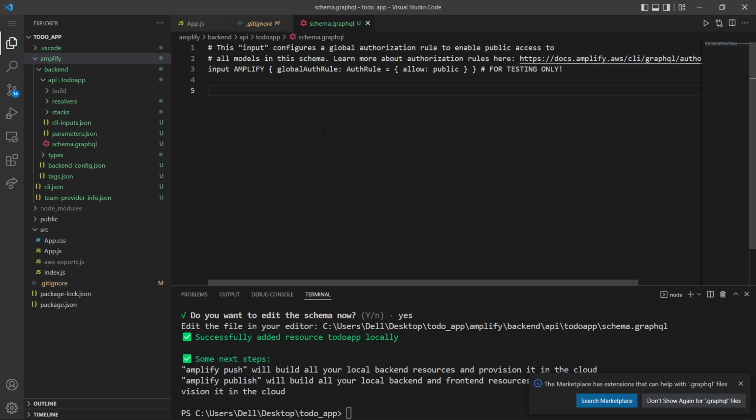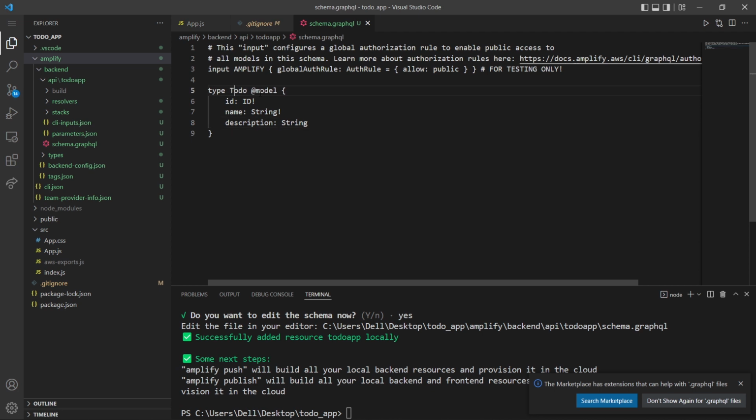So everything in a GraphQL schema is a type. If I say type Todo, it will create a type of Todo. But if I add a directive @model, as I told you, AppSync manages the database behind the scenes. So as I add the directive @model, it will create a table in the database named Todo, and if I add the properties like the id, which has the type ID and it's required, the name will be the type String, and the description of the Todo will be the type String again, and let's make it